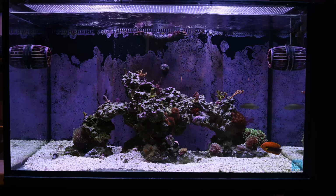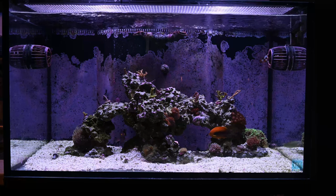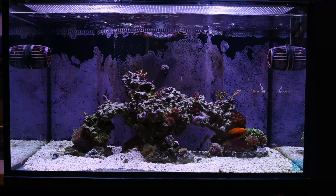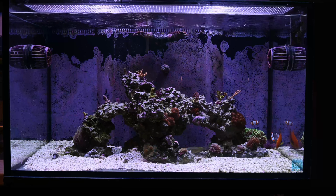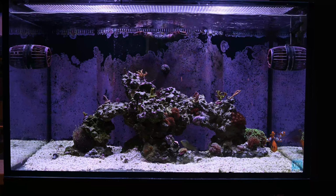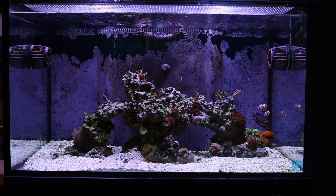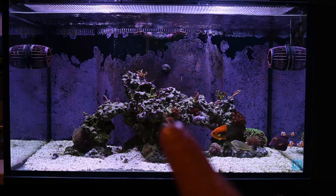I built this, and I dosed hydrogen peroxide for quite a while to get a lot of the hair algae off of the rock that I did keep, and off the sand and off the pumps and all that stuff. Works fantastically. I'm a huge fan of hydrogen peroxide. If it's not in your dipping regimen, add it, because I'll go into a video on this, but I literally took this rock out the other day, this whole section out,